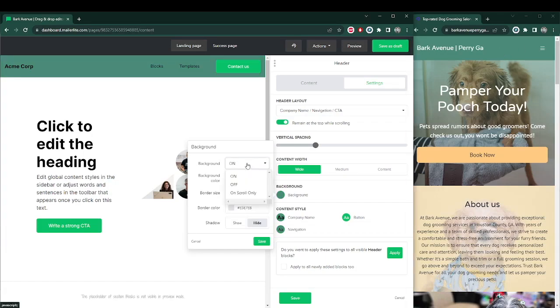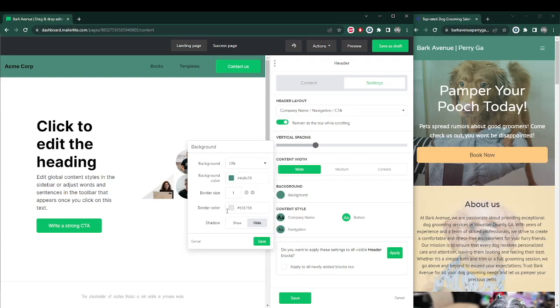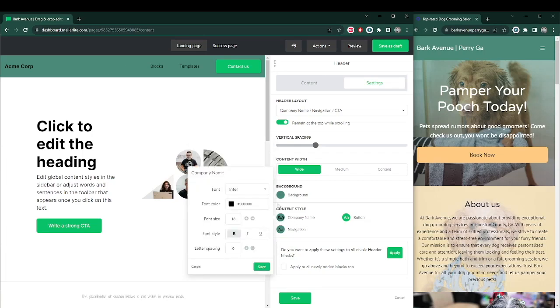All right, so you can actually turn the background off too. It's kind of like the same feature that we had in the last video. And some other options for border, shadow. So already I'm seeing a little bit more options in terms of how to style the header. Save. The content style, I'm gonna choose the